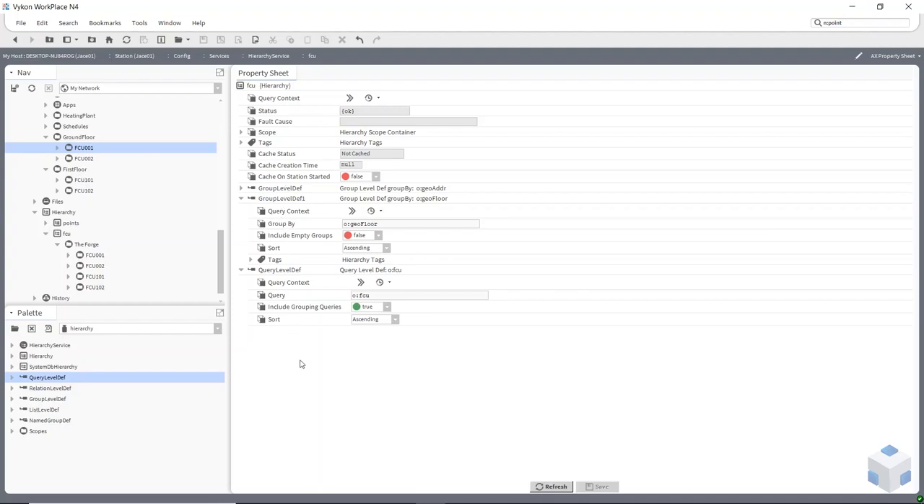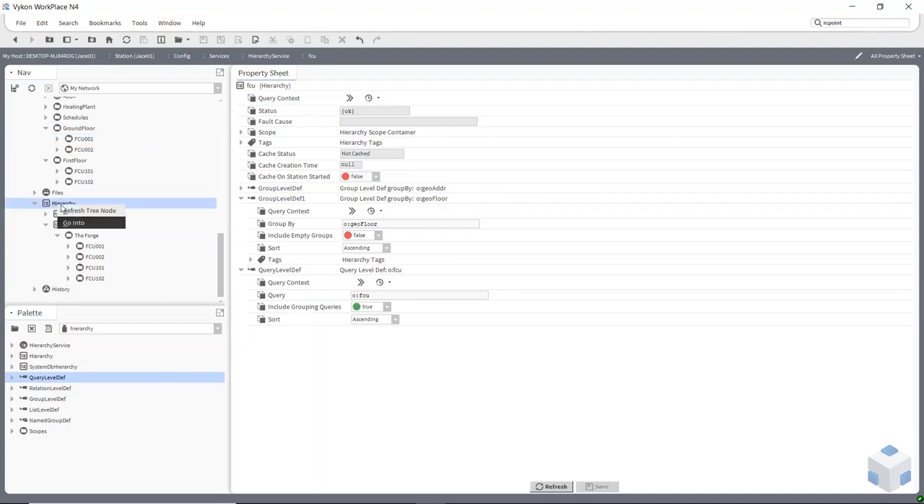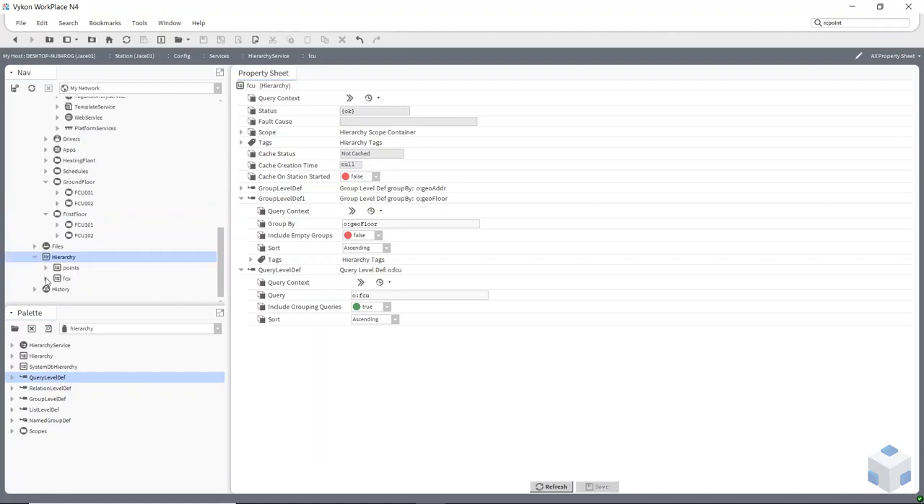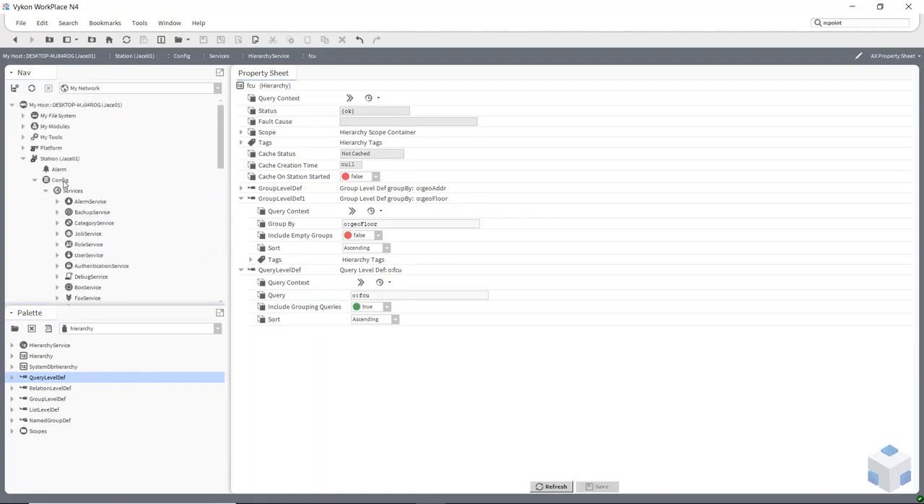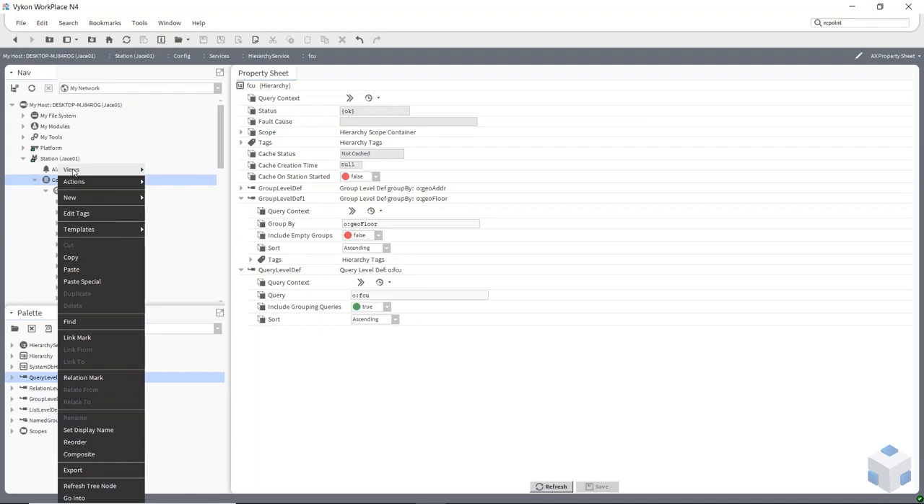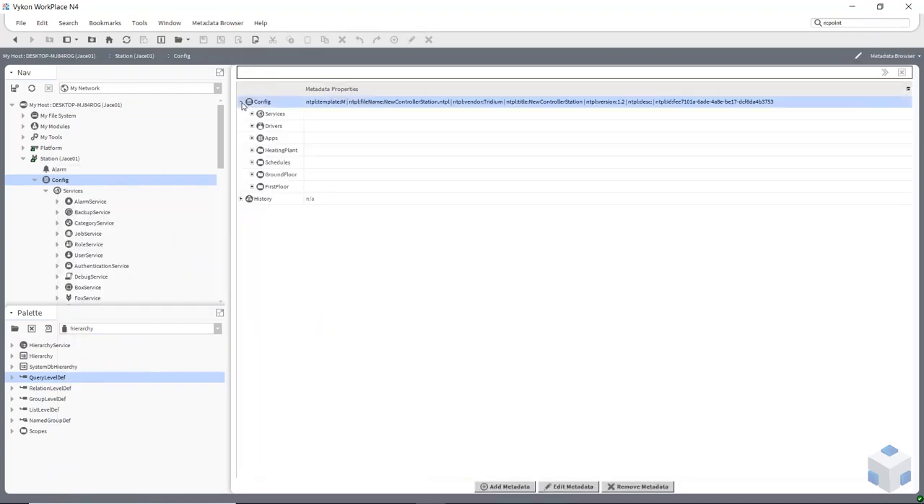So now if I refresh my tree again, and go to fan query units, I've got the forge, and then I've got the 2 floors, and the 2 on the first floor are underneath the first, and the 2 underneath the ground floor are on the ground floor. That's worked because, in fact, if I show you something, if you right click on config and go to views, you can go to the metadata browser, and then you can navigate to the ground floor and the first floor,